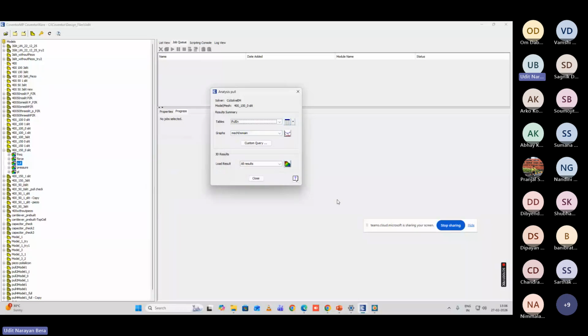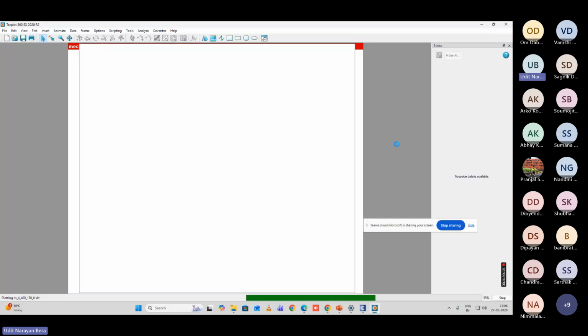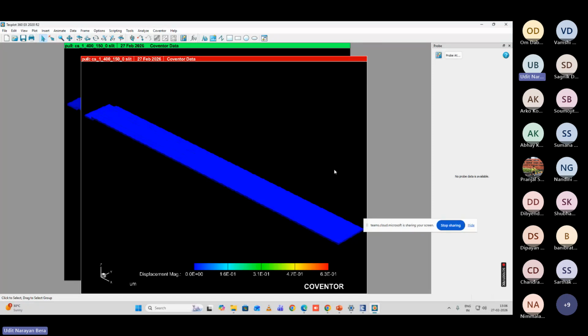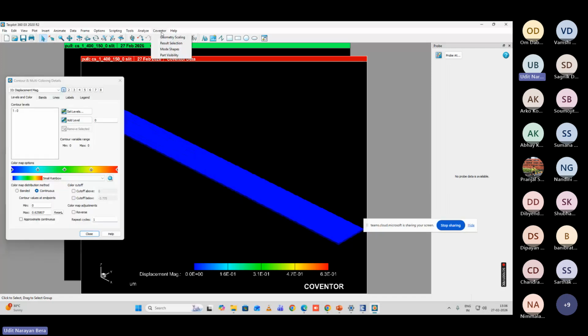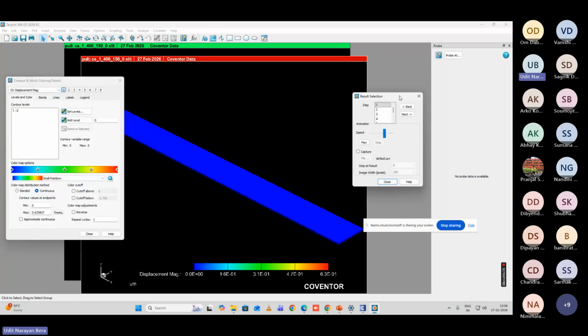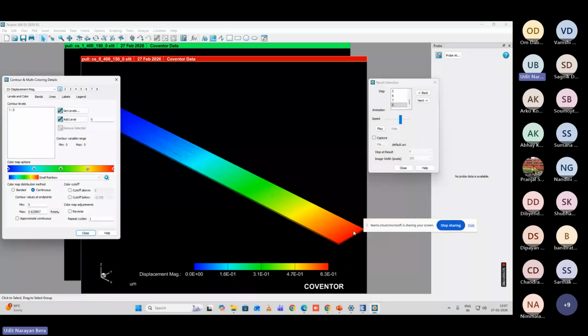So that's how you can get the information about pull-in. Also, you can check the electrostatic information. Electrostatic information means the deflection and the stress, everything due to this actuation electrode. So how that will be looking like if I select Coventor result selection. Now you can see according to the change in voltage how the deflection is changing. Okay, so that's how you can check the displacement